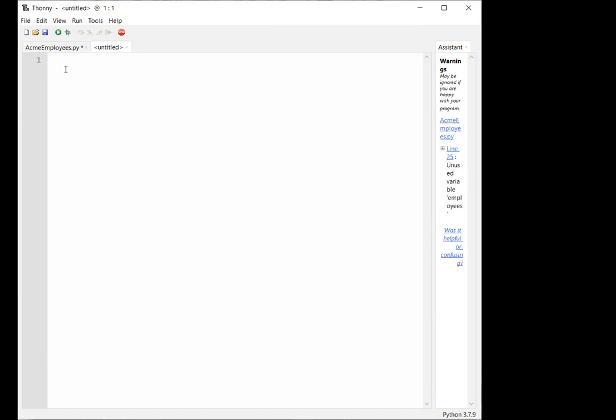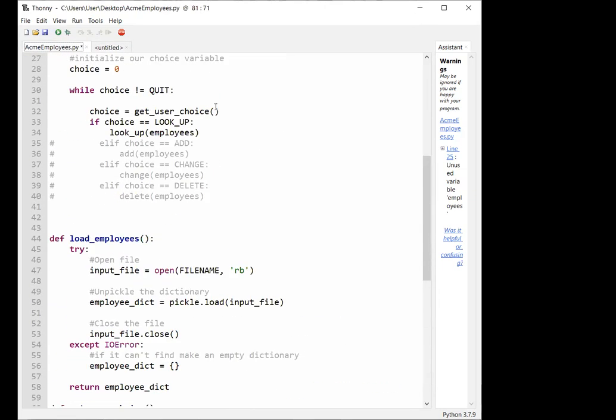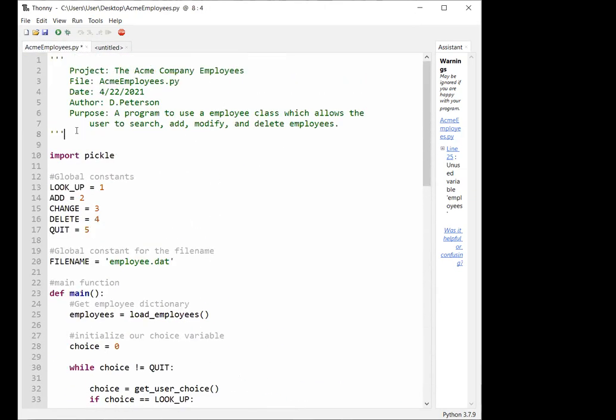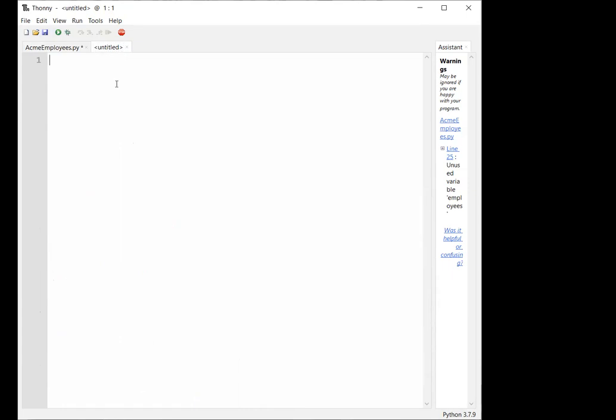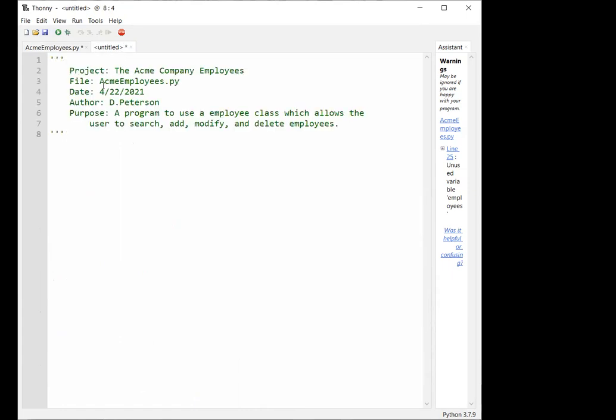Okay. And let's go back here real quick and get our header, our internal documentation. So I'm going to Control C that, bring it over here and pop it in here. And this one is just going to be called, what do I want to call it? I think I called it EMP. Let's just do this, EMP. And this is the